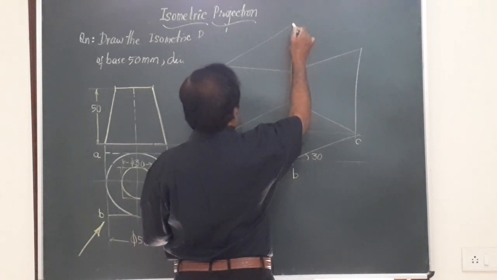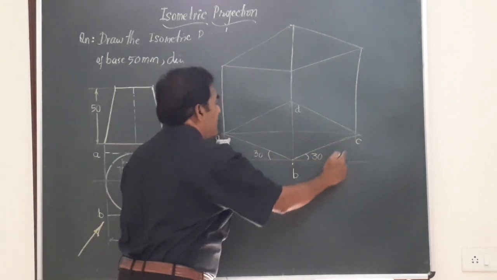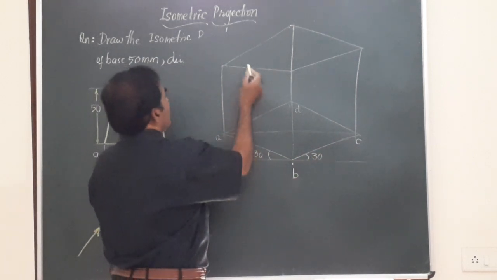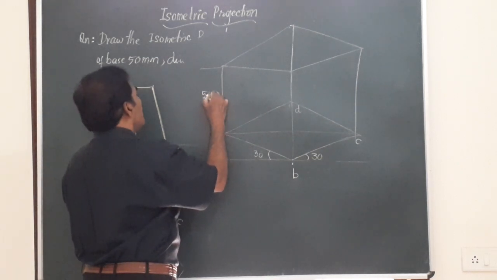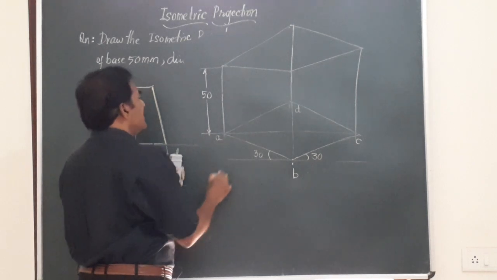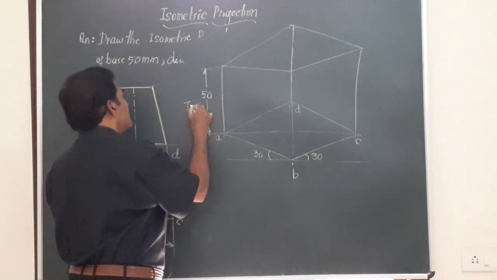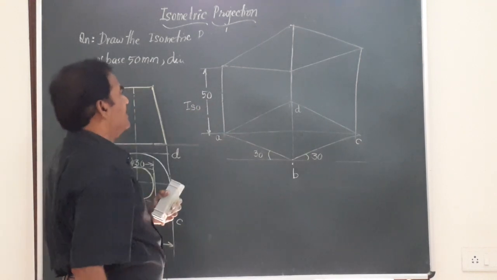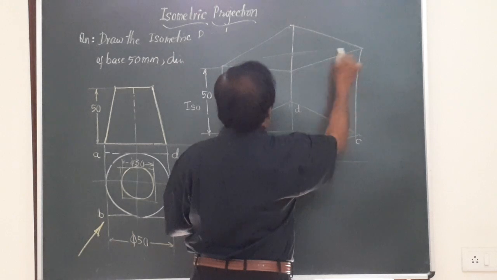Remember friends, whatever the figure you are getting here at the top is the photocopy of this ABCD. And here this height whatever drawn here is 50 mm, that is 50 in ISO. So every time I am just stressing on this ISO, you should take it as isometric, the measurement on the isometric scale. So here we can have a horizontal line drawn through this.